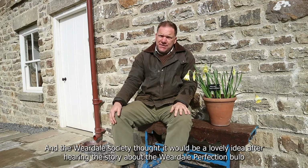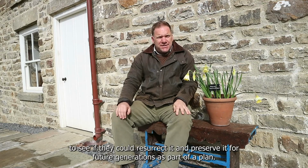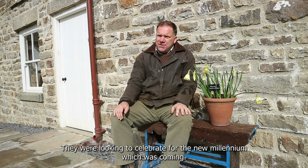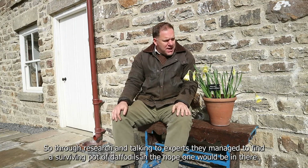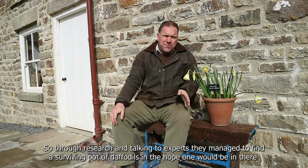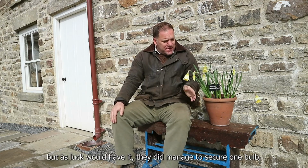And the Weardale Society thought it would be a lovely idea, after hearing the story about the Weardale Perfection bulb, to see if they could resurrect it and preserve it for future generations as part of a plan they were looking to celebrate for the new millennium which was coming. So through research and talking to experts, they managed to find a surviving pot of daffodils, and they hoped one would be in there. Unfortunately, it wasn't a Weardale Perfection bulb, but as luck would have it, they did manage